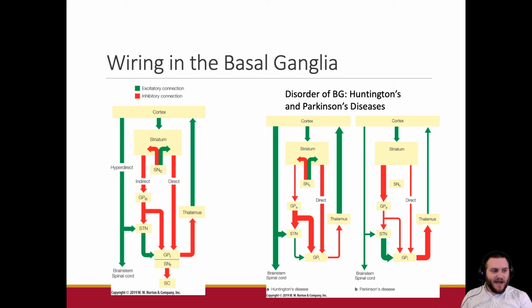There is the indirect pathway, right? So we have this indirect pathway here, which from the striatum to the globus pallidus is here, right? It's inhibitory. That's a problem, okay? Because you see that it's lessened here, which means that this tells all of this to shush. So it's a cascade effect, right? So the striatum doesn't tell the GPE to cool its jets. And so the GPE continues to send out massive amounts of inhibitory information to other parts of the basal ganglia, the globus pallidus and the subthalamic nucleus, okay? Which